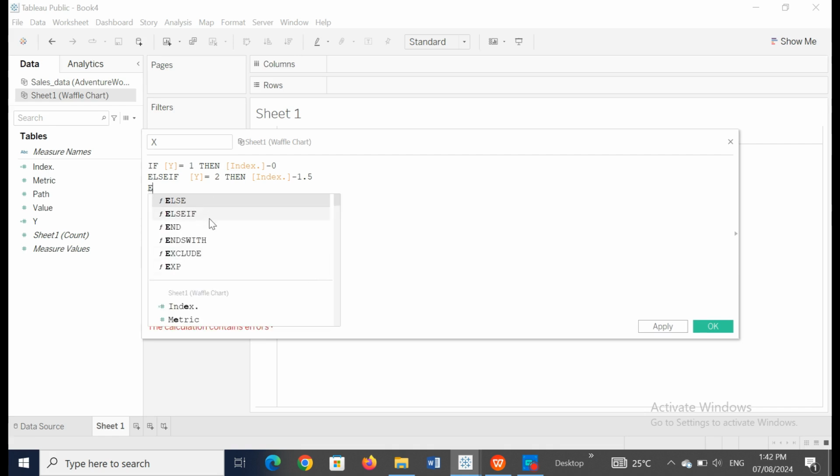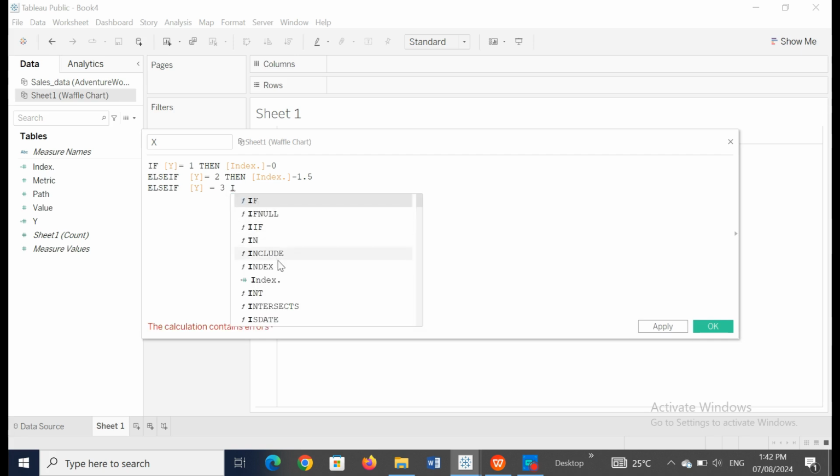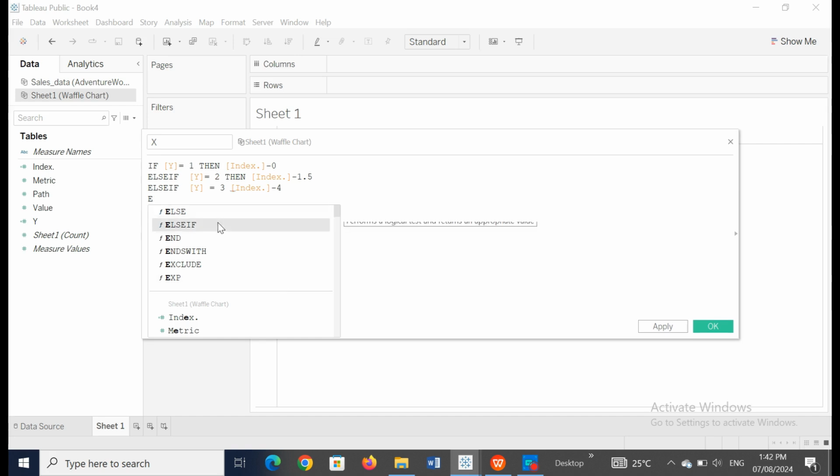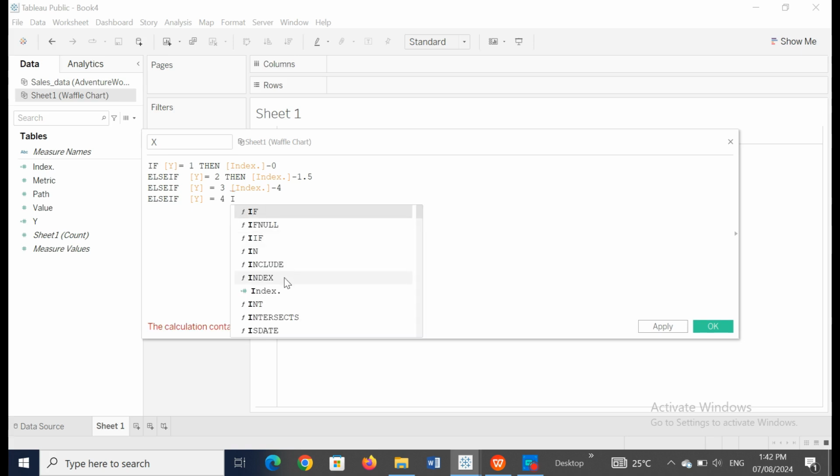Else if y equals to 3, then index minus, we're going to add 2.5 to that, else if y equals to 4, then index